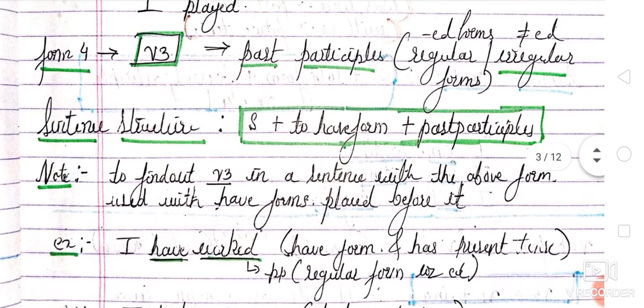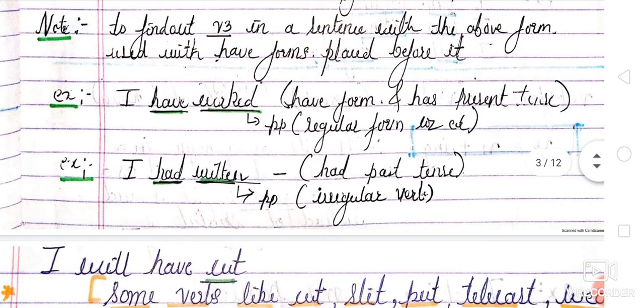So what is past participle? These are all regular verbs which are followed by ed. It indicates that we are talking about an action that has already been carried out. So this form of verb always comes with what? Ed, that is, I have worked. When it comes with forms other than ed, it is no longer a regular verb, so it is an irregular verb.